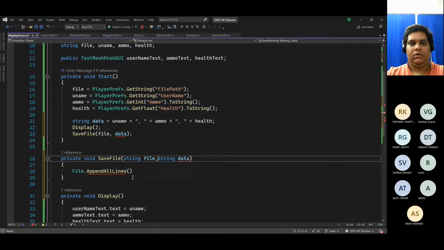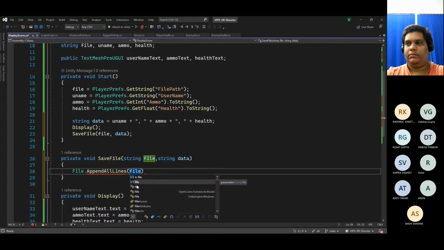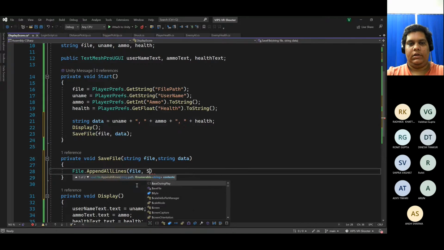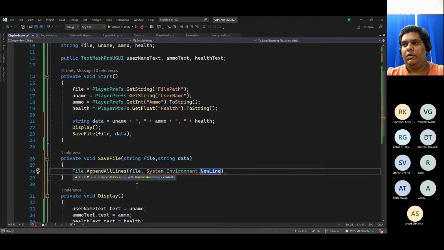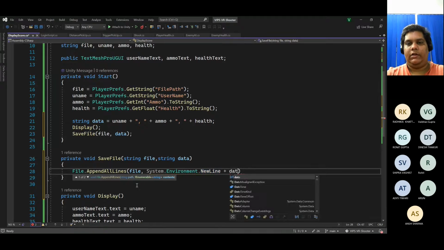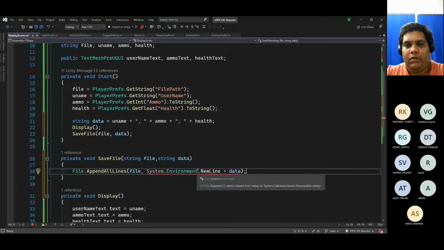File, inside here, file, comma, System dot Environment dot NewLine. So this is basically to add a new line in the file that we have, because our write pointer is going to be